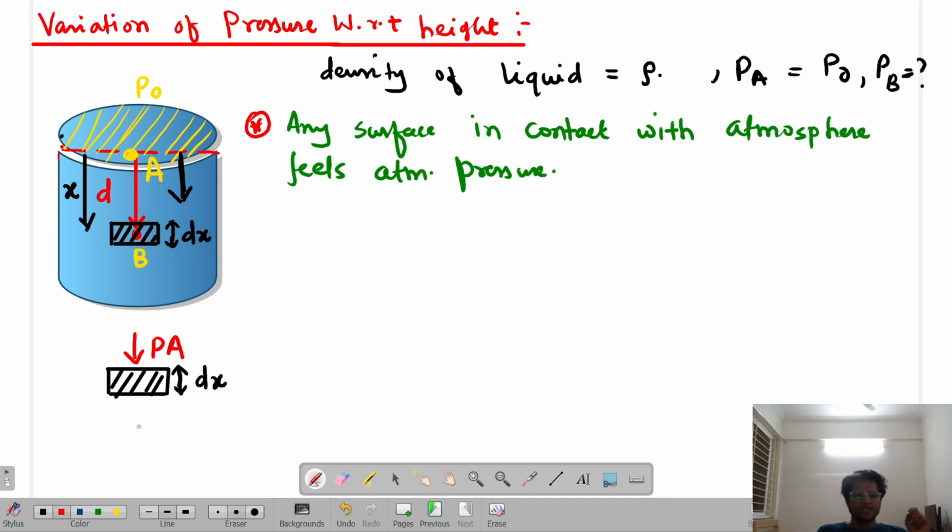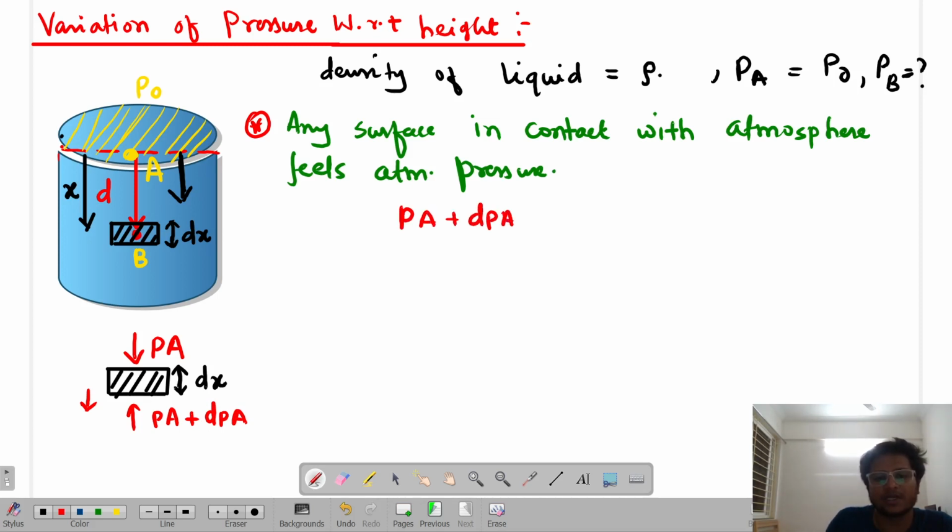Okay. Now for this pressure into area, there will be an equal and opposite reaction. Same pressure into area, isn't it? But think of one case: due to the weight of this liquid element also, there will be an extra force present downwards, which will generate an extra small pressure upwards, dp into area. Are you able to get me or not? So since this liquid is not moving, the net force PA plus dp into area A minus PA from top